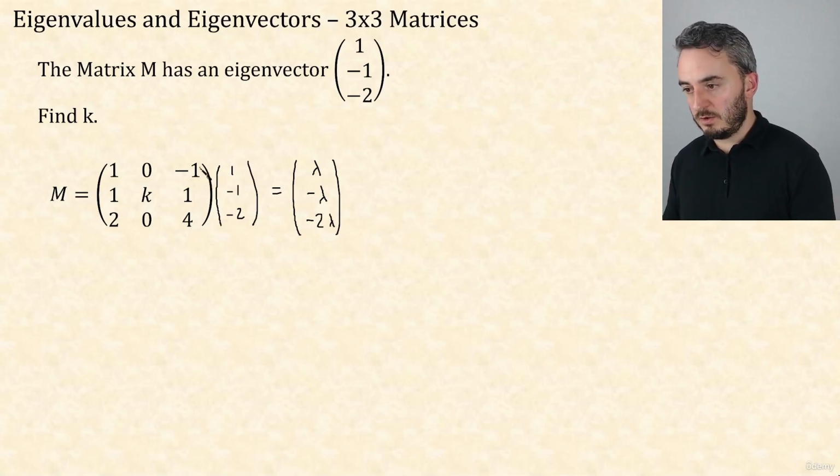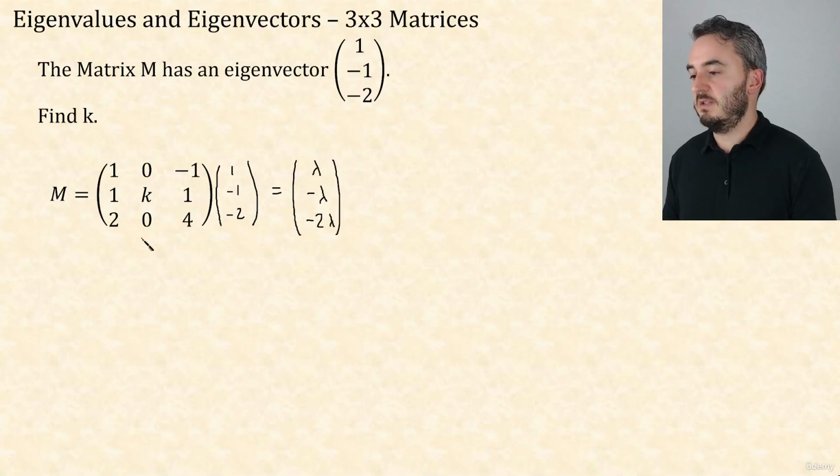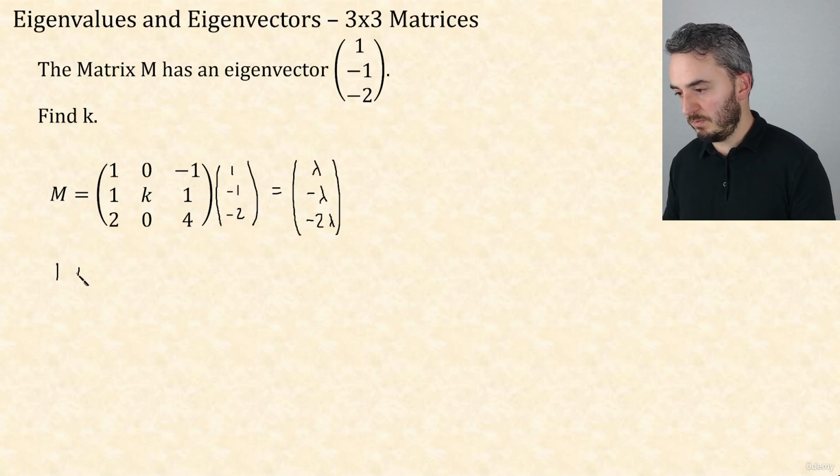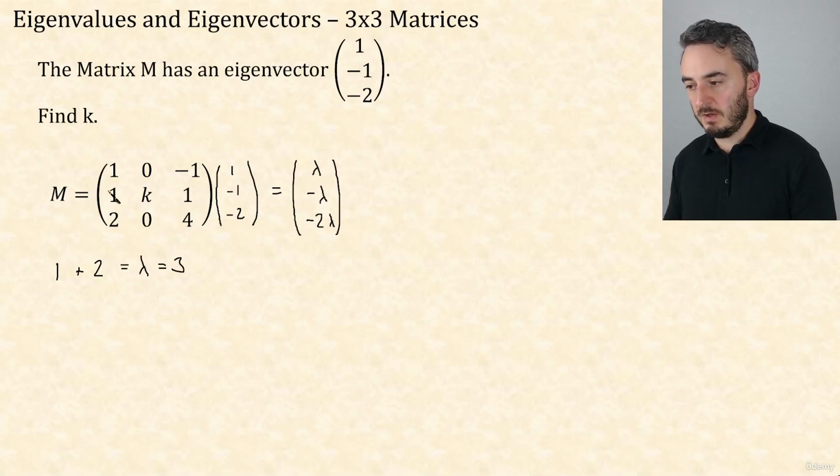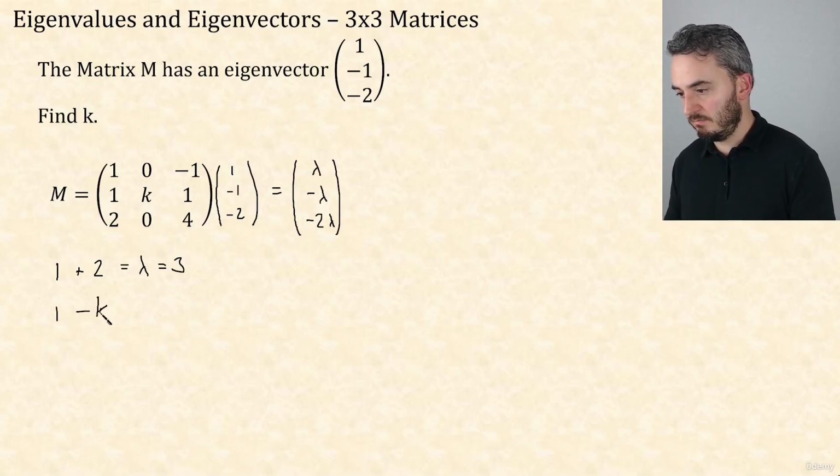If I multiply across the first row, hopefully I can find lambda. So 1 times 1 is 1, 0, and then -1 times -2 is 2, so plus 2 should equal lambda. Look, we get lambda equals 3. So now I can multiply across the second row and get 1 times 1, -1 times k, -2 times 1, and that should equal minus lambda,